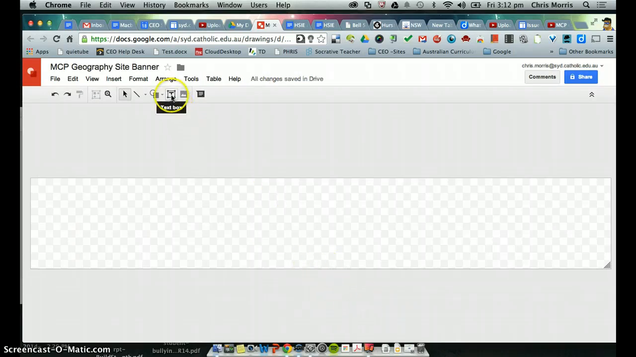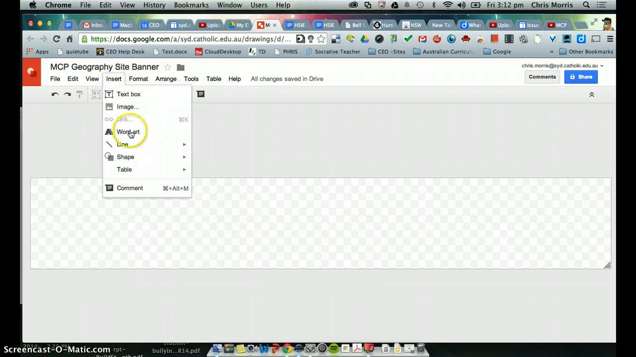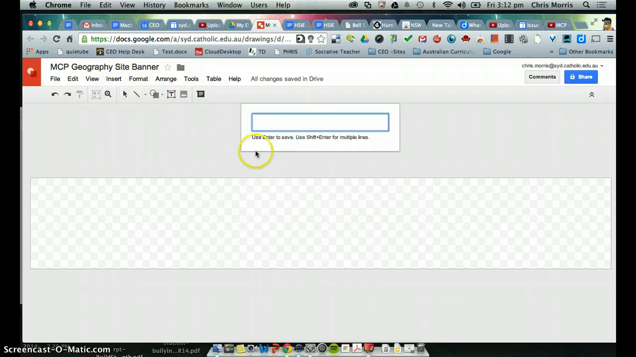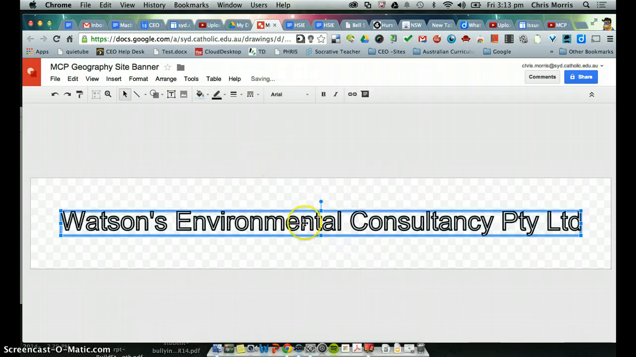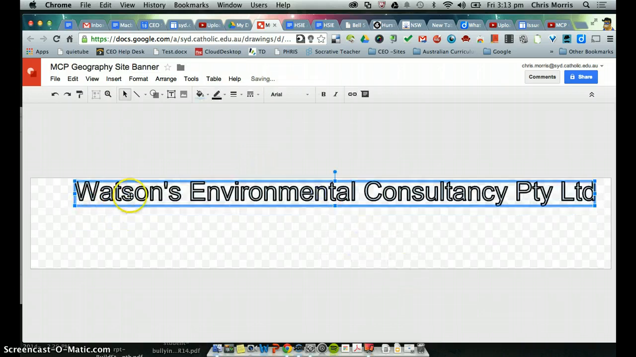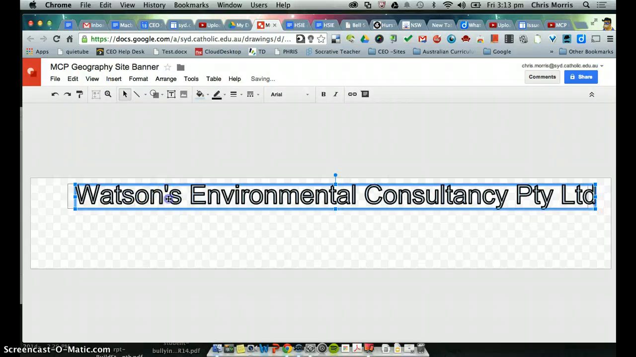So at this point we could put in, and just the other day they've added word art, so if I wanted to I could put Watson's Environmental Consultancy, Pty Ltd, and we hit enter. So there we go, we've got a bit of a title thing happening. You could sort of play around with the look and feel of that. I'm just going to keep it very, very basic to start with,